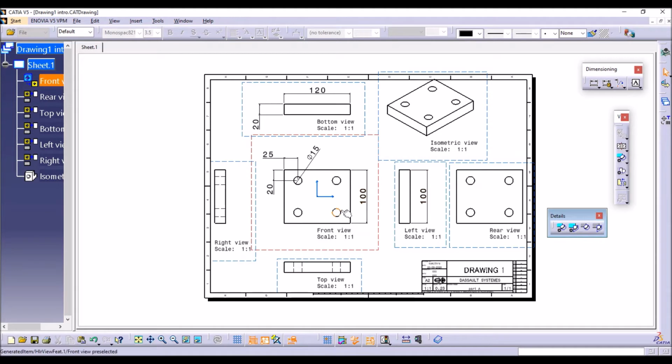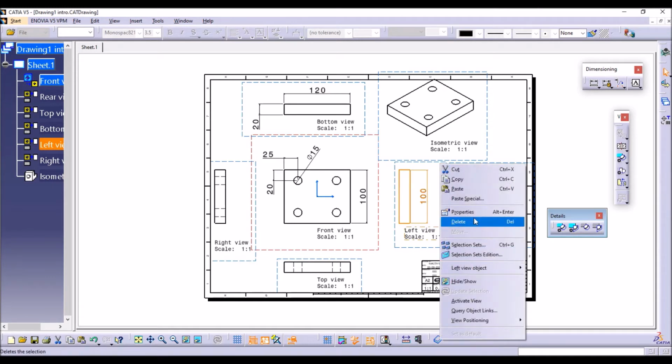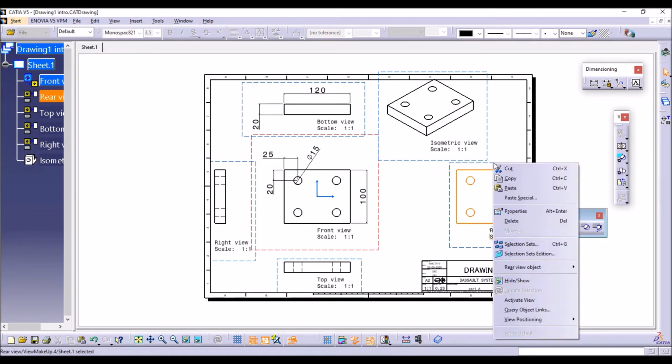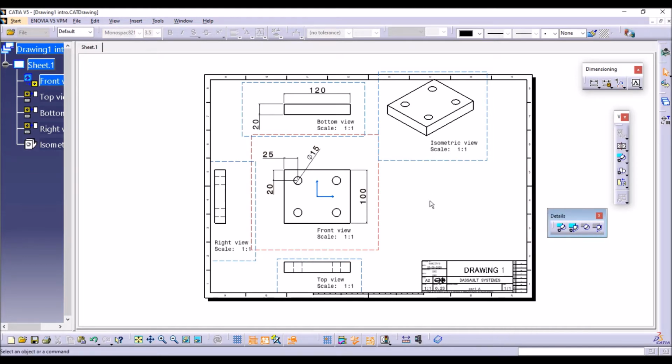Suppose in the drafting some of the areas are close to each other, and we want to get the detailed views, that is, the dimensions between two objects or line to line. That can be seen in the detail views. Here I want to get some detail views of this front view or bottom view or any views. Now I'm going to delete some of the views. Just right click on the view and choose delete, because I need to get some detail views here, so I've deleted these views.